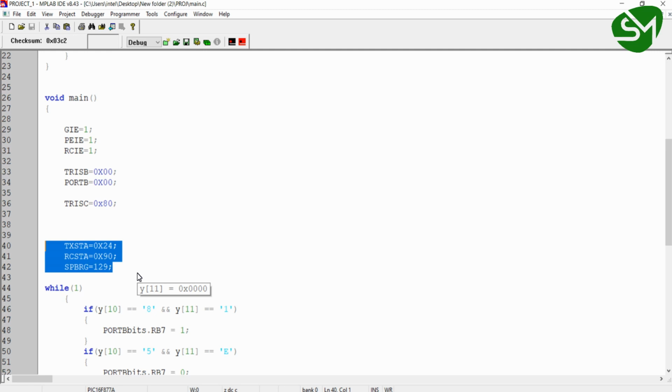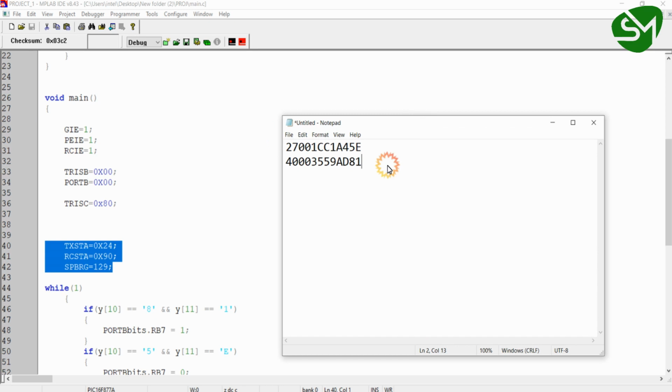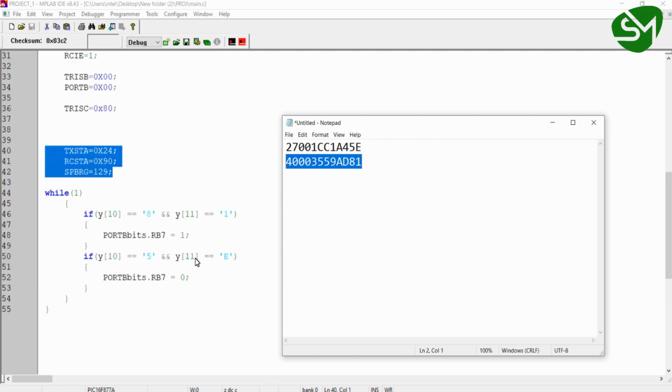In the previous RFID testing lecture, we found out the values of the two RFID tags that I have. For card 1, I got this 12 character data, and for card 2, I got this set of 12 character data. So the programming logic is simple.